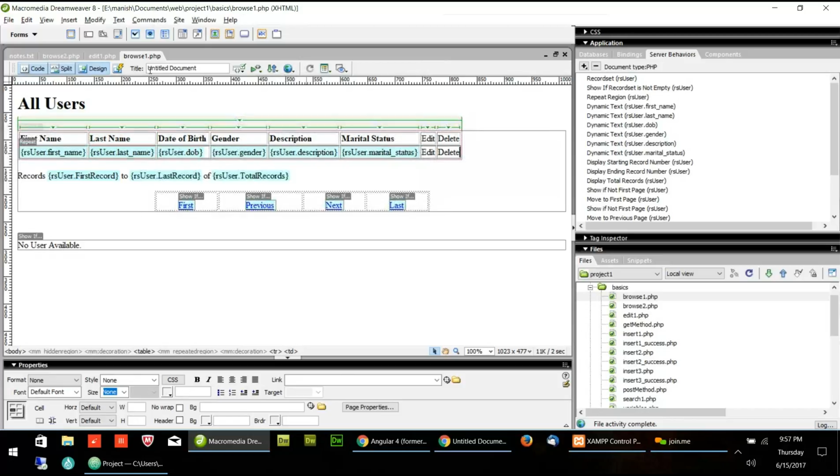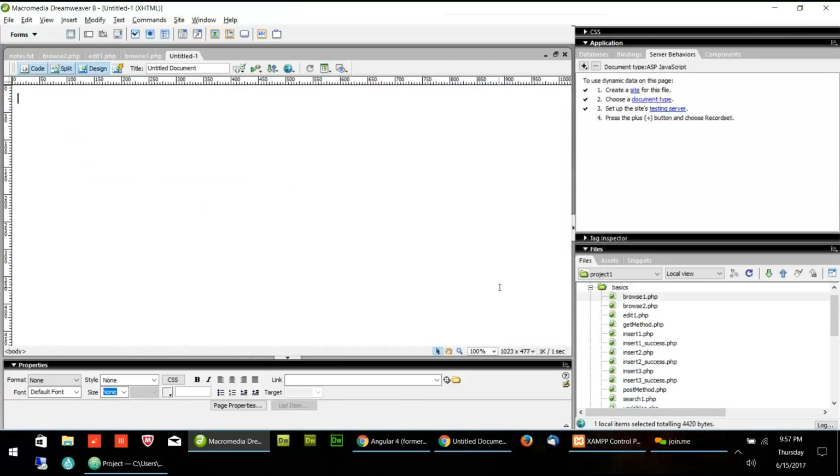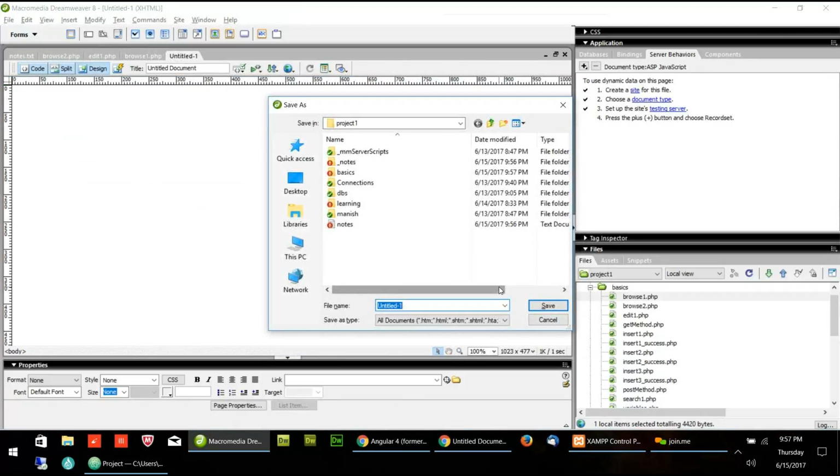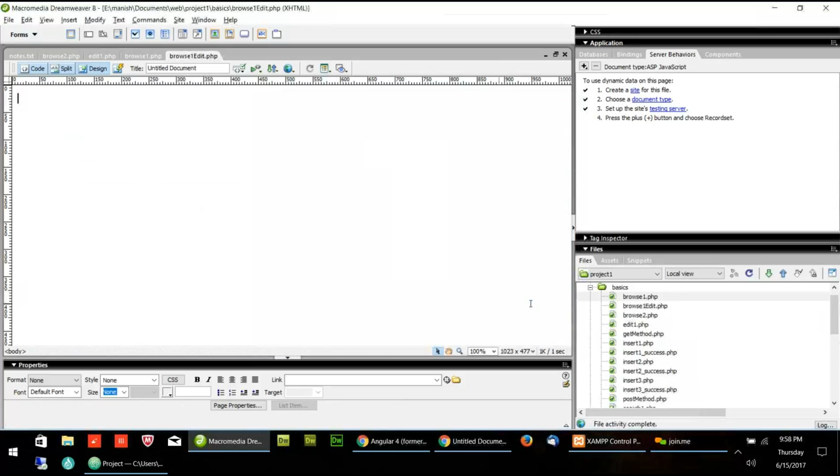So for this browse one, I have to create another page. So I will name it browse one edit.php. That means it should go to this page. Then I click edit. Browse one edit page.